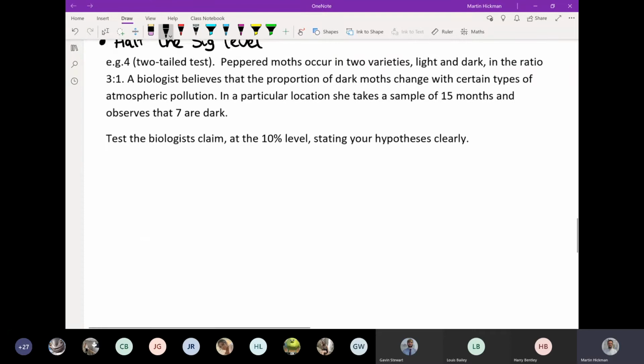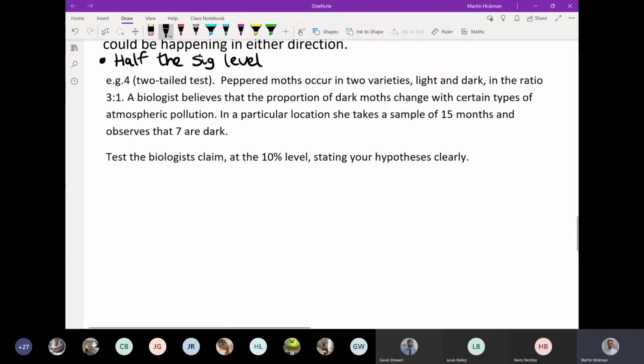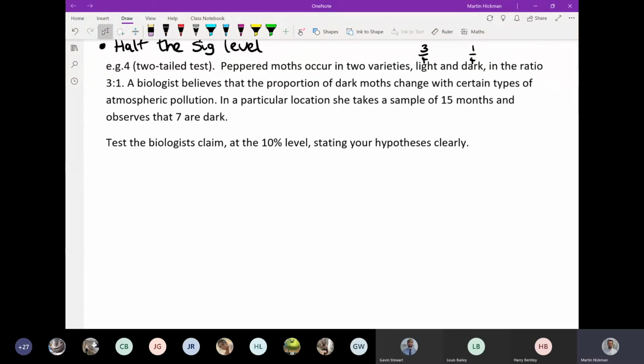First example then, both of these examples can be two-tailed tests this morning. Peppered moths occur in two varieties, light and dark, in the ratio of 3 to 1. And what that means is, for every 3 light moths, there's 1 dark moth. So you'd have 3/4 are light and 1/4 are dark. The biologist believes that the proportion of dark moths change. So that's that key word there, change, that implies it's a two-tailed test, not a one-tailed test,